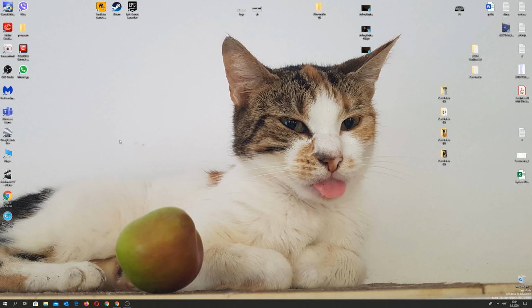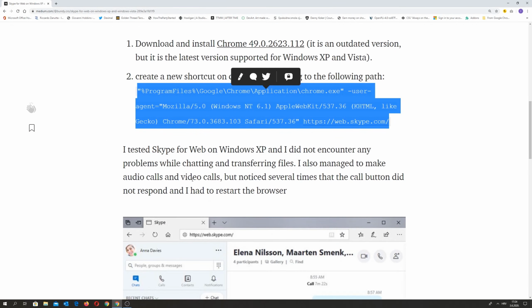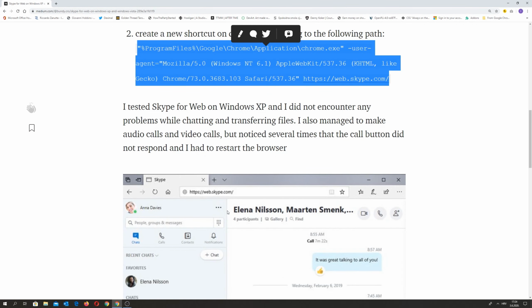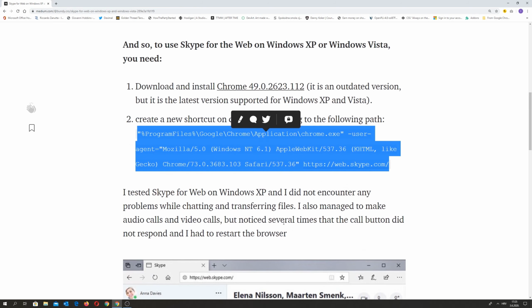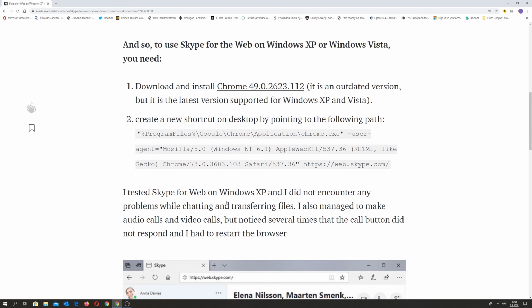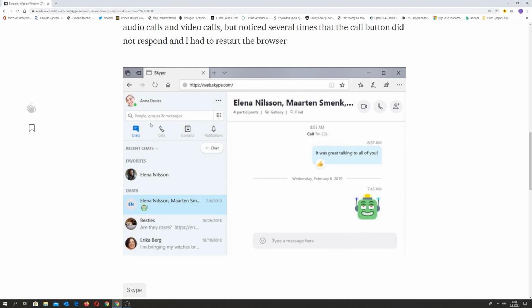After that you will create a shortcut, and when you need to use Skype for the web, just open Google Chrome any time by double clicking on this icon or shortcut, and after that you will be able to use Skype. I tried it on my machine, this is not an XP machine at the moment, but on another computer which has Windows XP I tested this solution and it works normally.